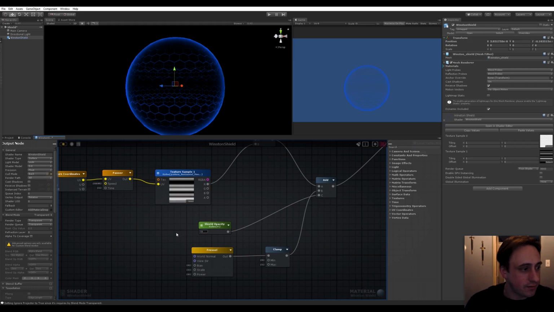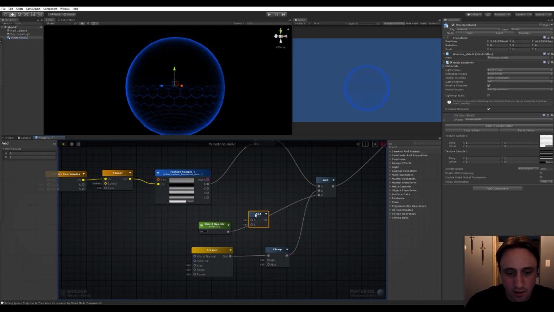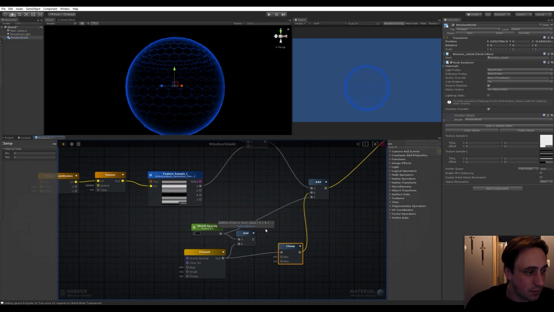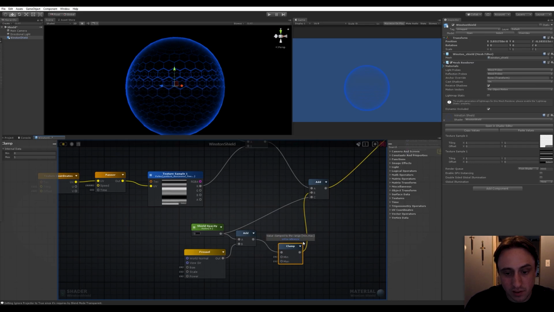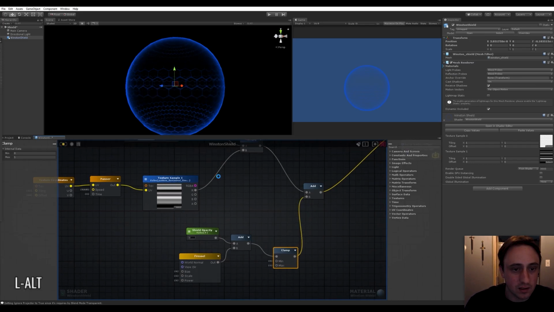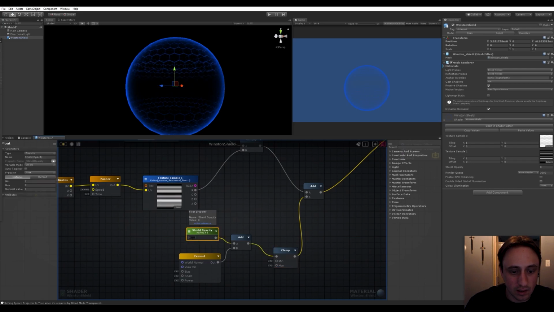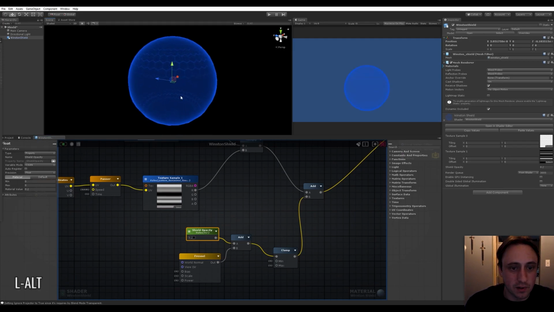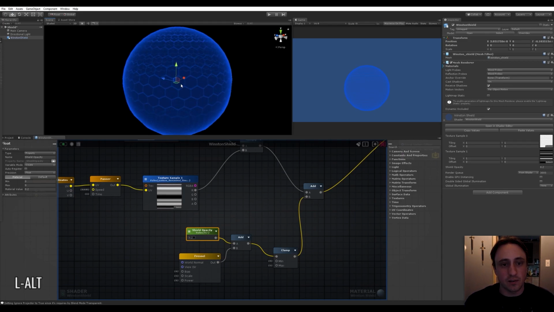Actually, sorry, let's not get that far yet. So I'm going to add this to the Fresnel. Okay, and then we're going to take that and we're going to clamp it. Of course, clamping is always your friend. And we are going to get rid of this. And let's do this. And let's put this at... oh, that's way too bright. Let's put it at 0.2. There we go. So now we get a little bit of a shield, plus we get the extra